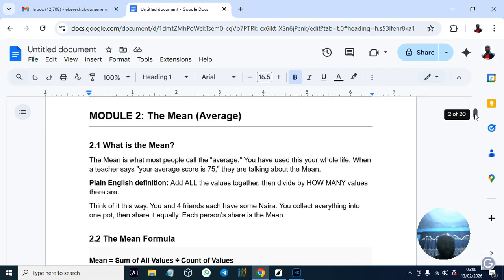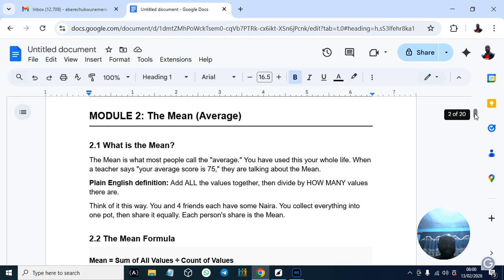So mean, let's give the definition. The mean is what people call the average. Like I told you earlier, you have used it many times. Even in our introduction, we talked about average as well. When a teacher says your average score is 75, they are talking about the mean, right?